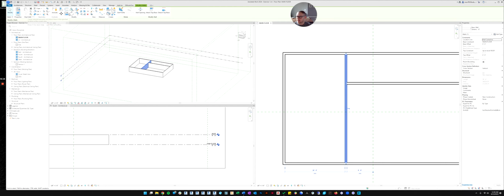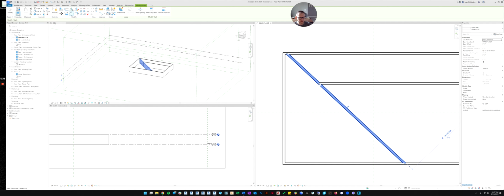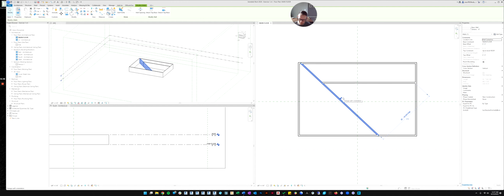Another command that's nice is rotate. It works the same way. If you click the wall and then hit the rotate button, you can see it gives you this little tool, and you pick 2 points. Again, you pick a starting point as a reference, and then you move it the amount that you want it to rotate. So I'll just click here, and then we can type in the angle. If we want 45 degrees, we can hit 45 and it'll rotate it.